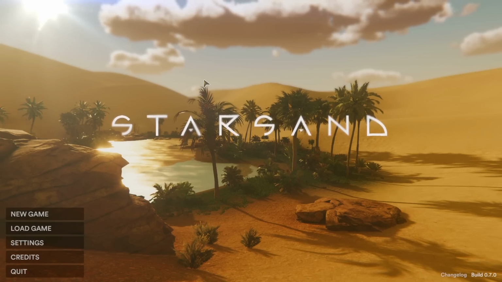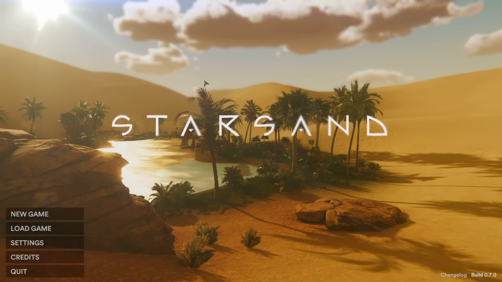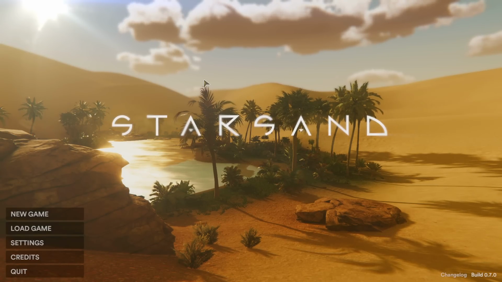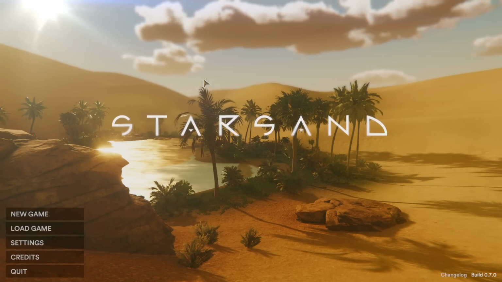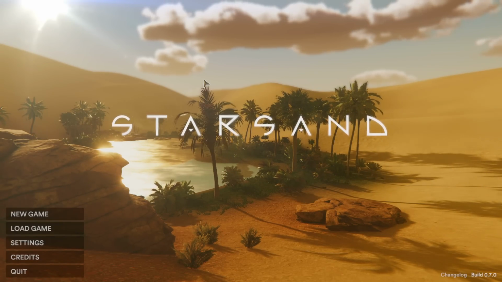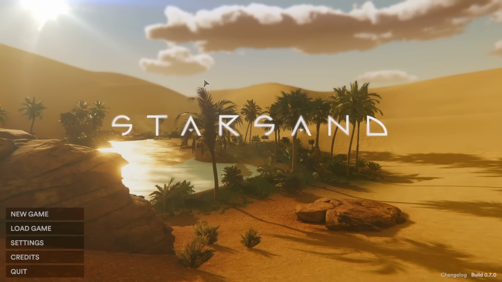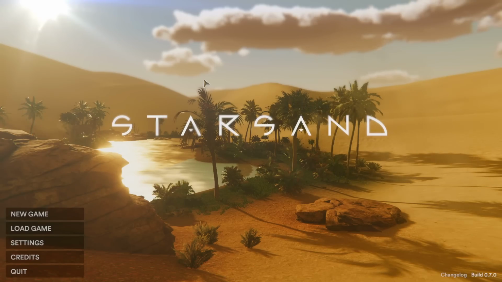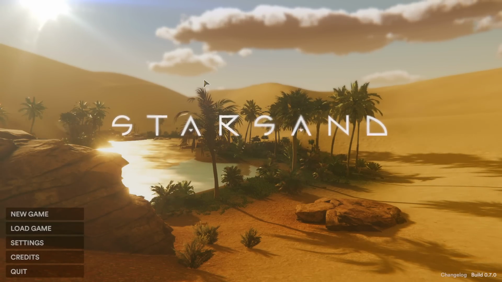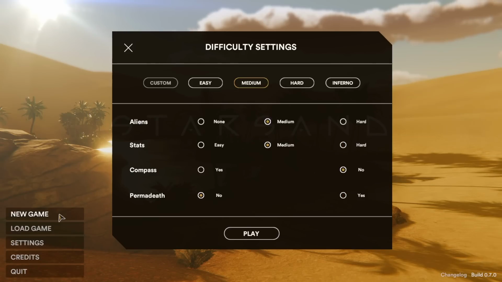Put up by Tunnel Vision Studio in November 2021. Starsand is a mystic survival game set among the dunes of an arcane desert, an open world full of danger, vast environments, and mysterious happenings await you. Explore, hunt, craft, build, and survive. Don't know that I've ever played a desert-based game. Bought this a long time ago, and it's been in...